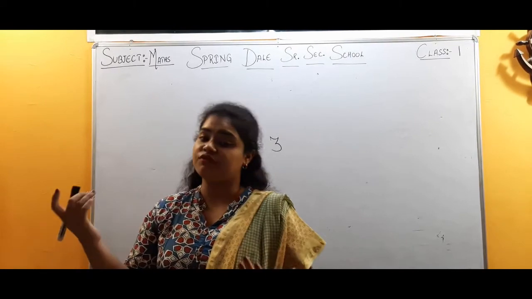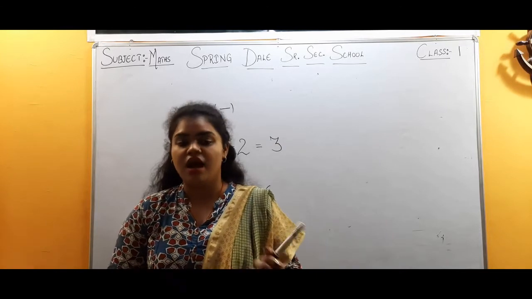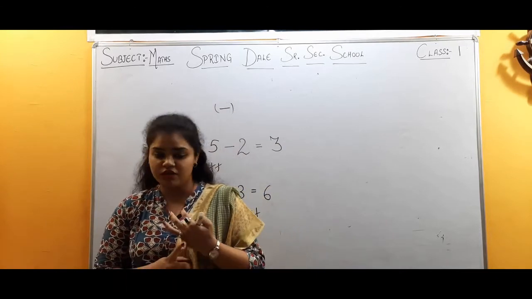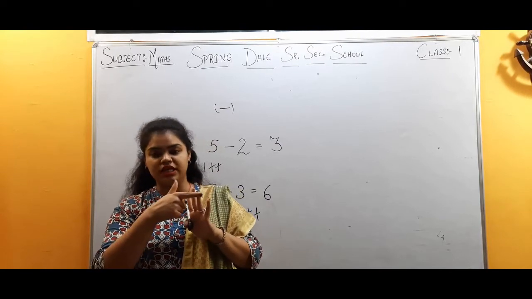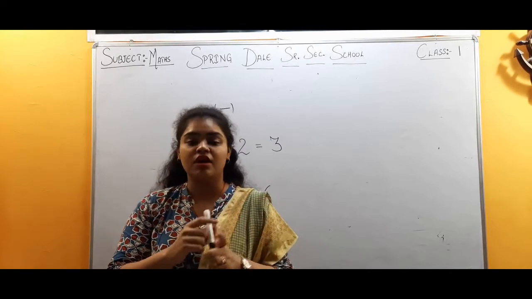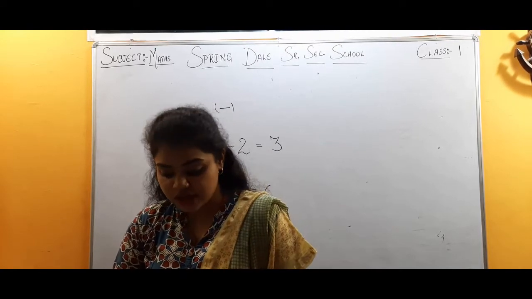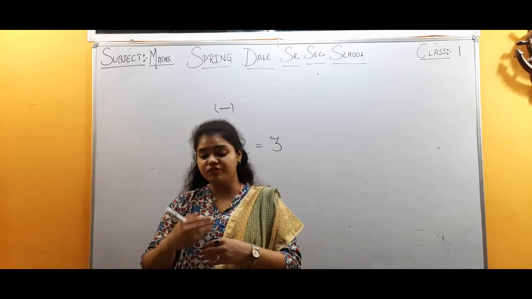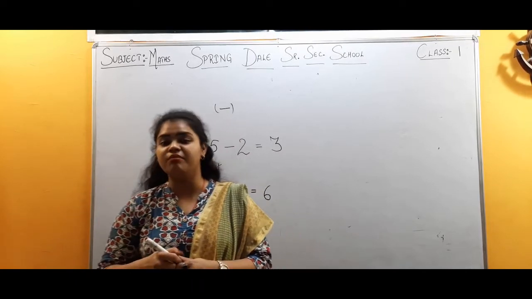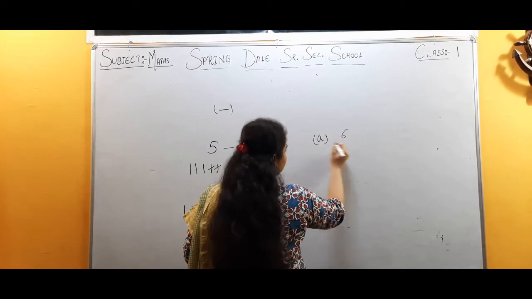What comes after 5? In counting, if we count from 1 to 10, after 5, which number do we count? We will start from 1. 1, 2, 3, 4 and 5. 5 के बाद क्या आता है बच्चों? We have 6. So what will come? 6. उसने क्या बोला? Just after 5. 5 के बाद में क्या आता है? The number we have, that is 6. तो A में हम क्या लिखेंगे? 6.